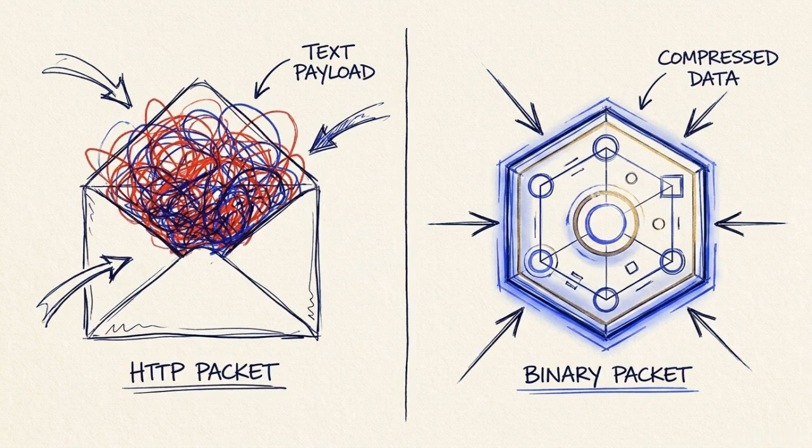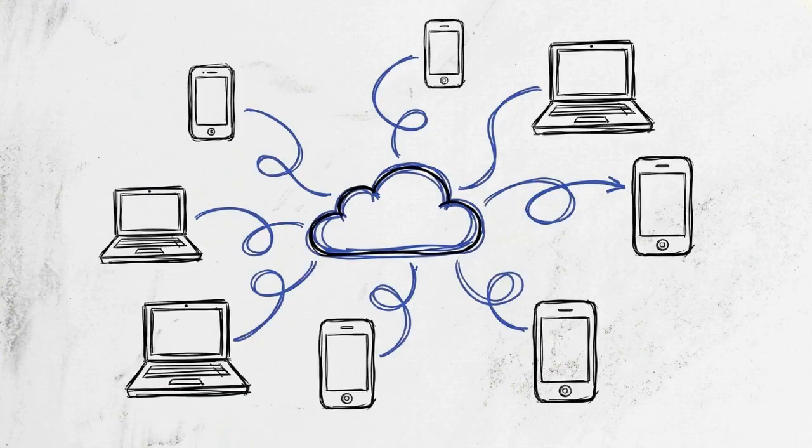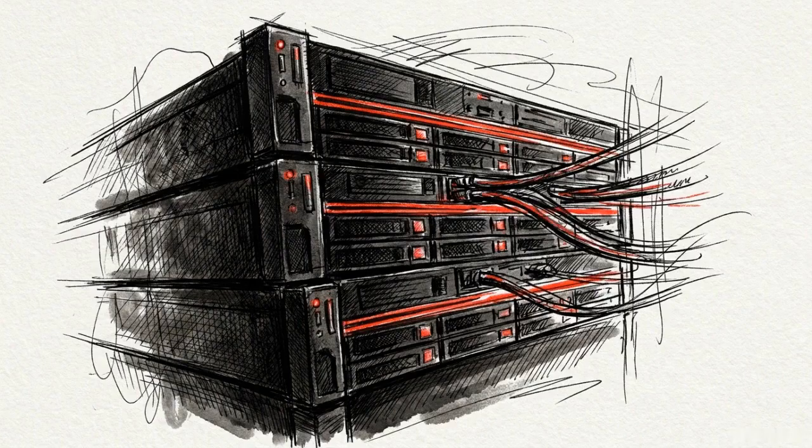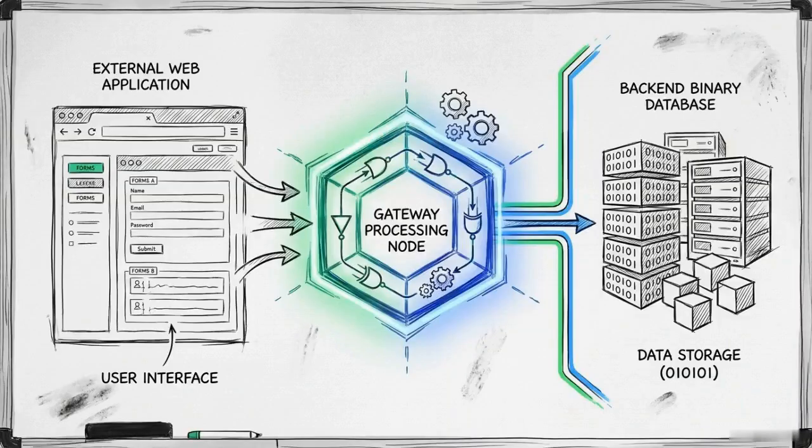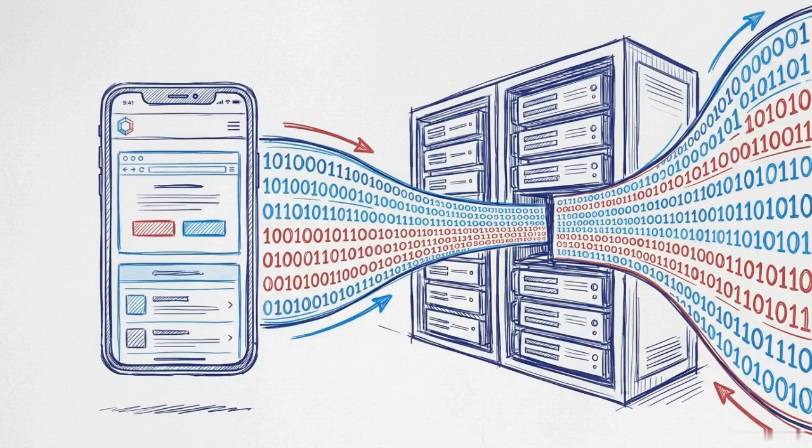Once the destination is identified, the gateway often has to modify how the data travels through protocol translation. Public clients typically communicate using standard HTTP and REST APIs, but internal microservices are designed for speed, relying on highly efficient binary protocols like gRPC. Protocol translation decouples external interface constraints from internal demands. Clients get the standard web protocols they expect, and the backend gets the high-performance binary formats it requires.